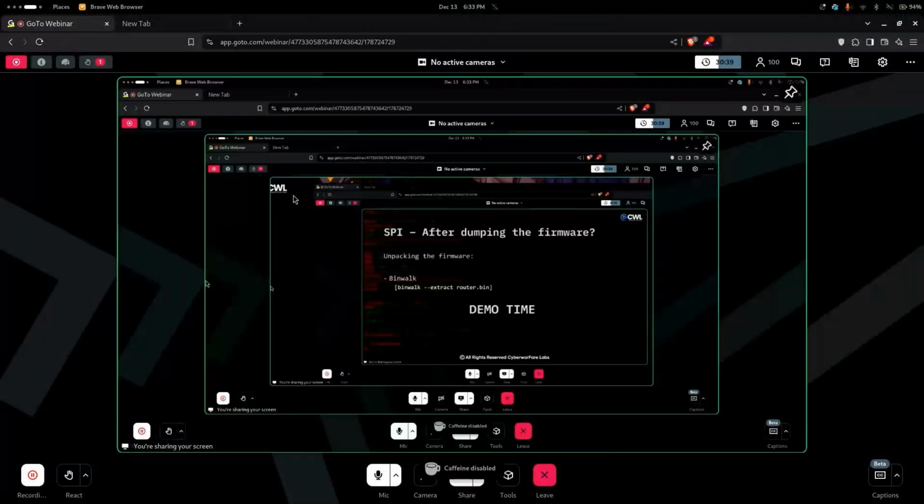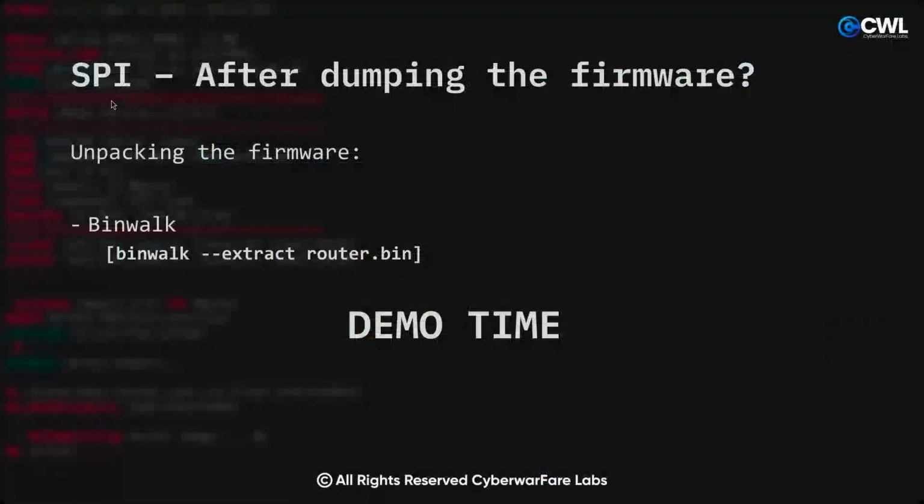So after dumping, what can we do? After dumping, we have to extract the firmware. After extracting the firmware from the router or any type of board, we have to unpack it. After unpacking, we have to find the vulnerabilities or look for any hardcoded credentials or default username and password, which can help us explore the IoT